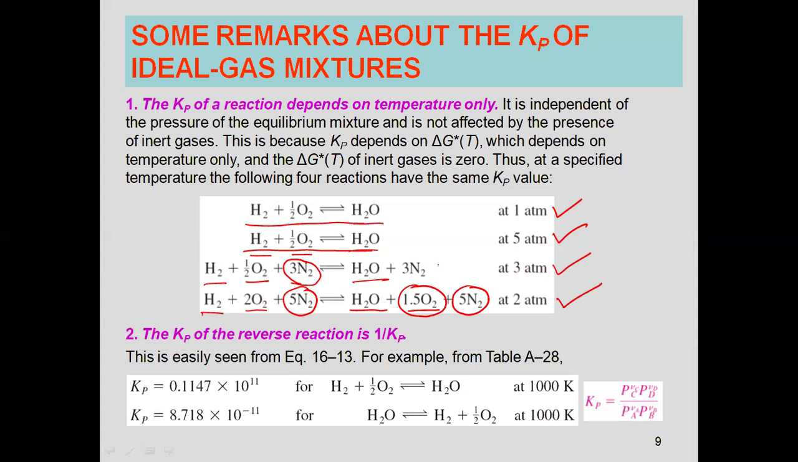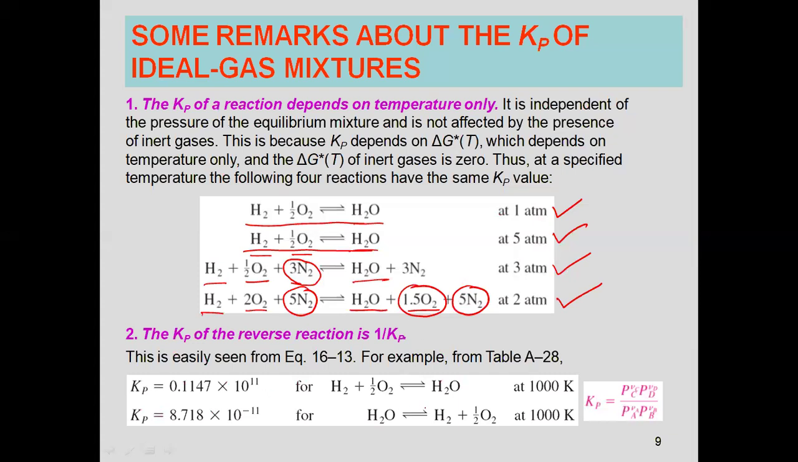So is this point clear? That is, the Kp value is not affected either by the total mixture pressure or by the presence of inert gas, because it depends on temperature only. That conclusion is derived from the second relation. Okay. Next,